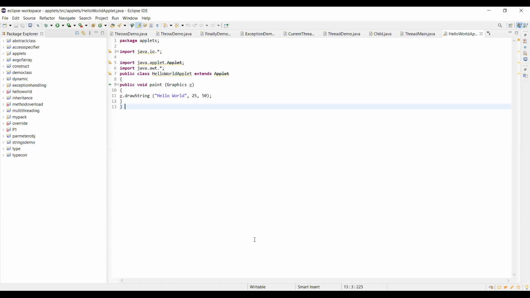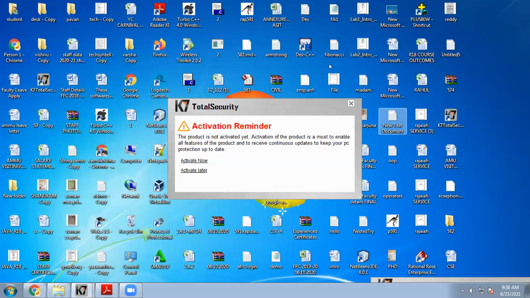I'll open the code there. Now I have logged in to the lab system, and I'd like to show how applets will be executed.